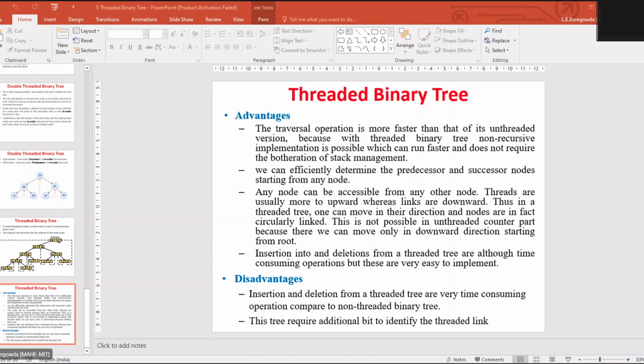Each node in the AVL tree possesses one of the following properties. What are those properties? A node in an AVL tree can be called left heavy. Left heavy means that the largest path in its left subtree is one level larger than the largest path of its right subtree.